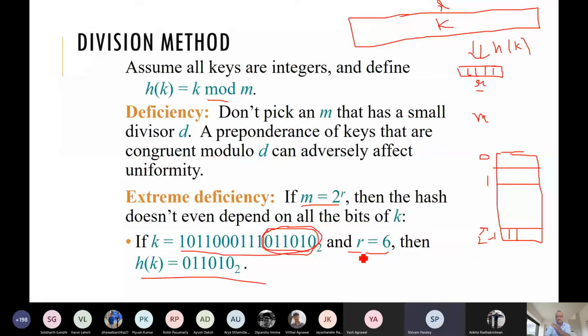Yeah, because if we convert into the decimal system, let us represent the key bits as x0, x1, x2, x3 and so on.